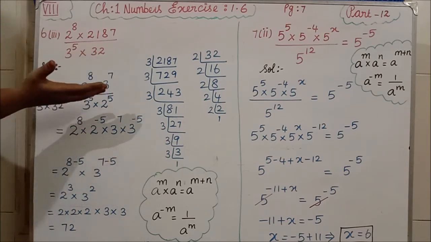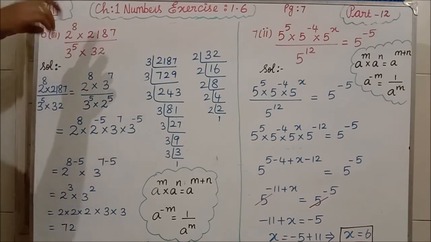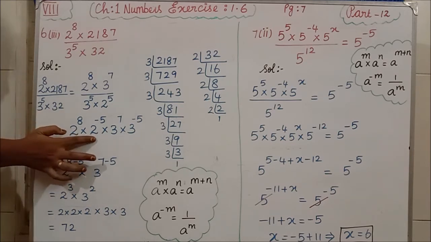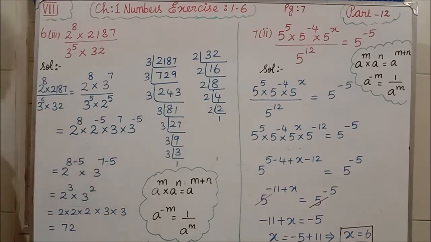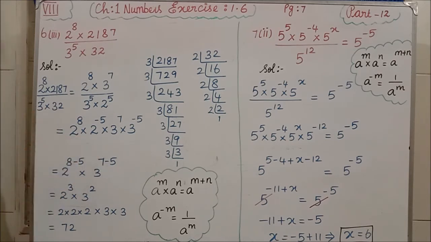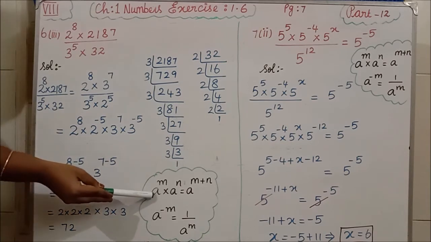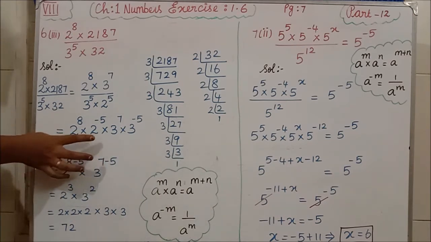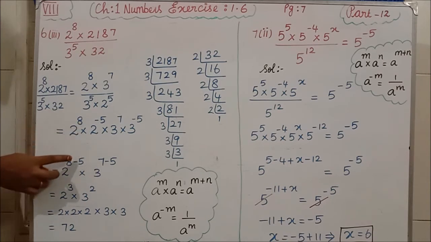When the denominator, if you are having the power and it is going to the numerator, the sign will be changed. Suppose here minus if you are having, when it comes to numerator it will become positive. Clear all of you? Now observe. Here 2 power 8, here 2 power minus 5 is there. Here bases are same. If the bases are same, the power should be added, I told you, isn't it? What formula? a power m into a power n is equal to a power m plus n. According to that, we are having 2, I am writing 2, here the power I am having 8, here the power I am having minus 5.